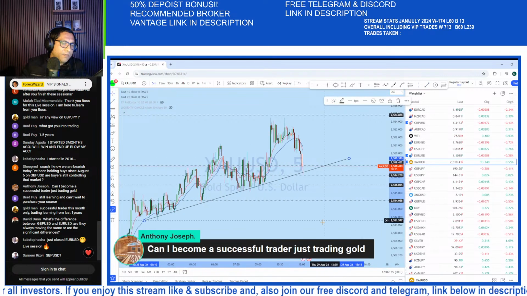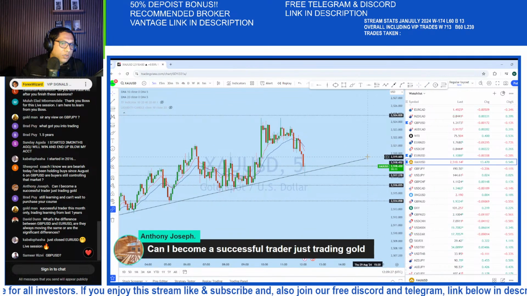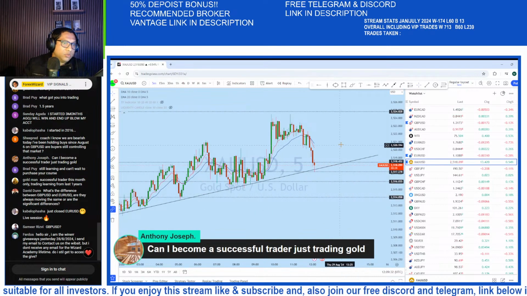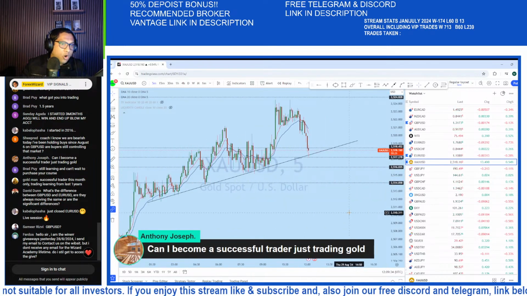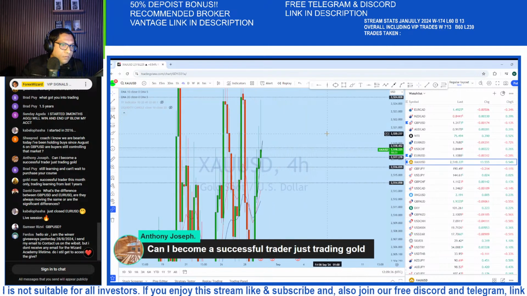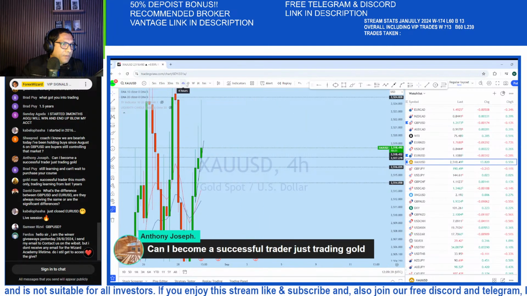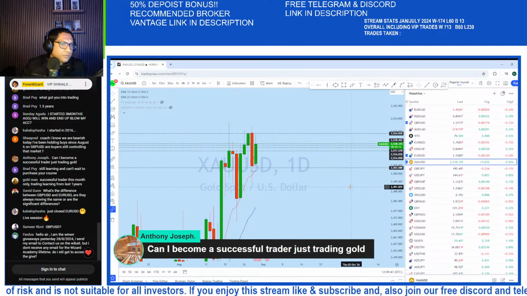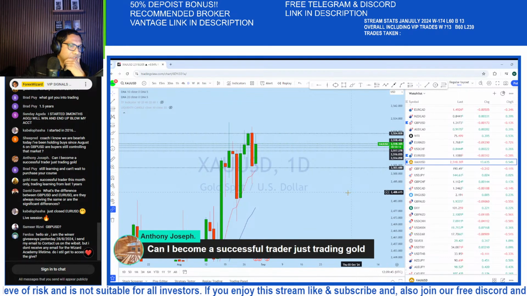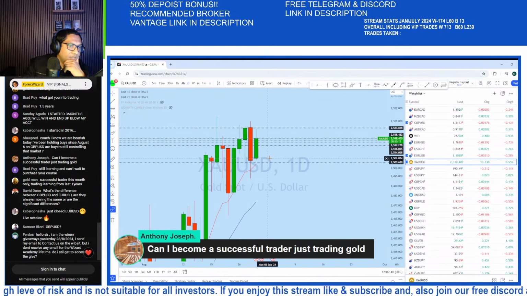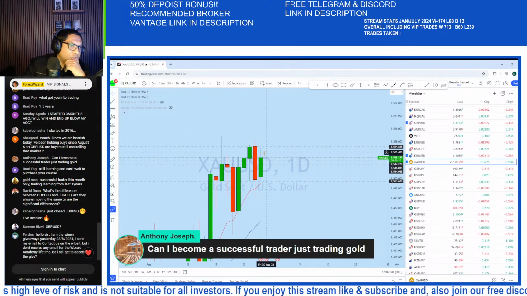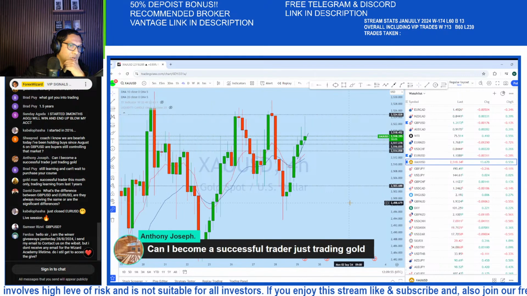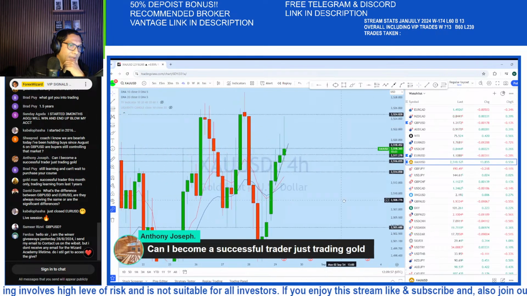So you can see it's on the support level. Basically I wanted to see if it's breaking below. As news is coming in 20 minutes, we might see some short-term drop here on gold. I'm drawing all those support levels. So now there are a couple of scenarios. I think that if the market is dropping to the daily support here, that might lead gold to move back up again.